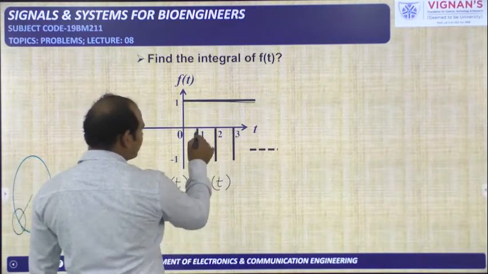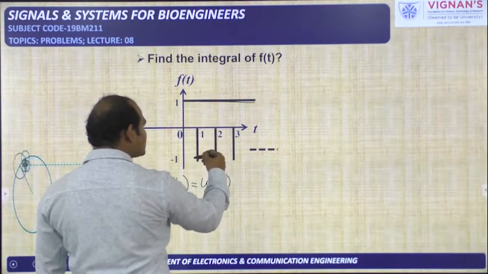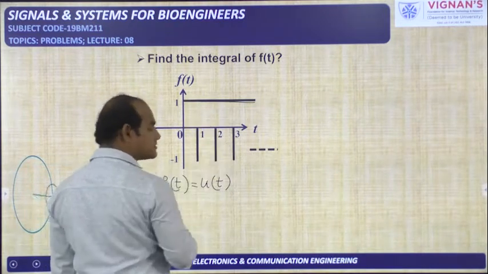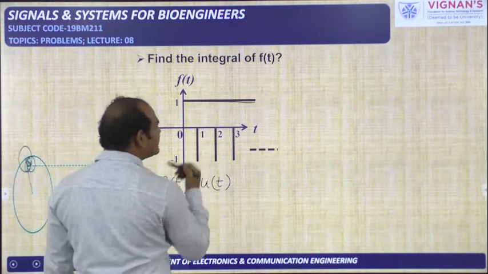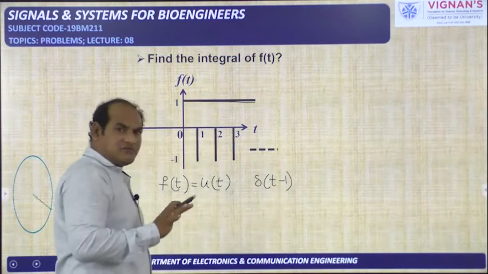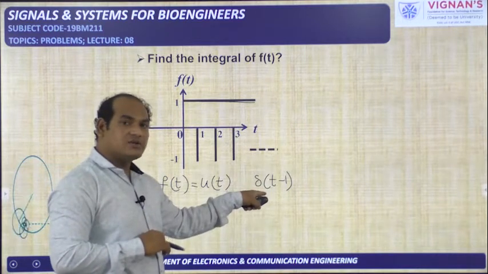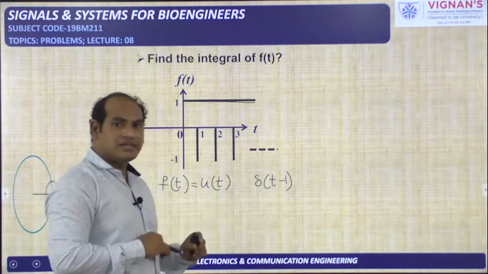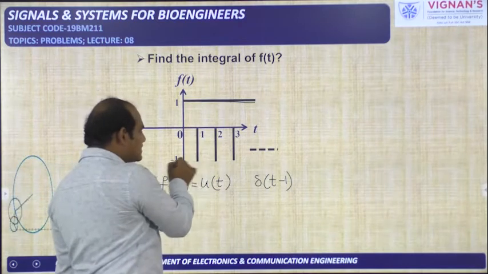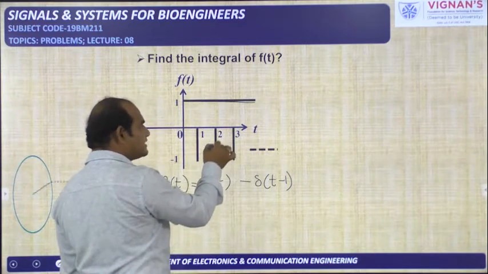Now you see here one del of t is there, but instead of availability of this impulse signal in the first quadrant, it is available in the fourth quadrant. That means amplitude reversal has happened, and this is available at t is equal to 1. That's why I need to write del of t minus 1. If you take simply del of t, that is available at t is equal to 0, but this del is available at t is equal to 1. Okay, this del of t minus 1 is representing the impulse availability at t is equal to 1, but here amplitude is on the negative side. That's why here minus.